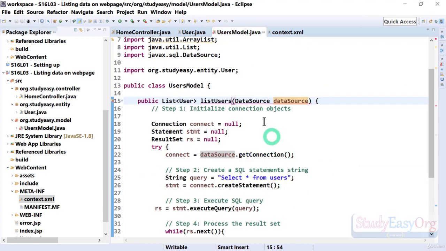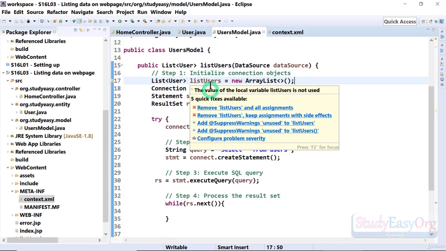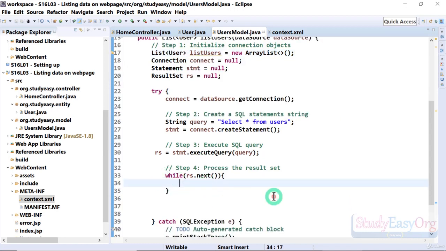So in here, if we check, there is some kind of error in here, and in order to get rid of the error, let us quickly create a list in here. The list would be based on User. Name would be listUsers equals new ArrayList. Here we go. And definitely moving forward, we can return this list, but before, we would be adding some information using this while loop. So in here, we will type in listUsers dot add, and we need to create